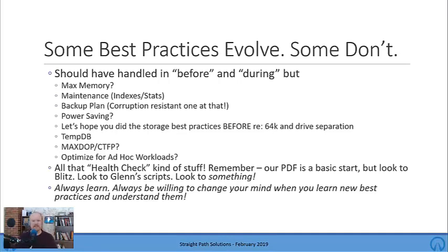Configure your max memory, do maintenance. Don't just install SQL Server and run away from it. Do your maintenance on it. Do your indexes. Now there are lots of schools of thought about when you should rebuild and reorganize your indexes and should you do it at all. There's a debate, and I actually think both sides of the debate have merit. There's no debate about should you update statistics. Yes, you should. And if you're not doing it, you're in trouble. And are you doing a backup plan? Are you taking a nightly full, daily diffs, transaction logs every 15 minutes or hour? And if you are, is it corruption resistant? And by that is,